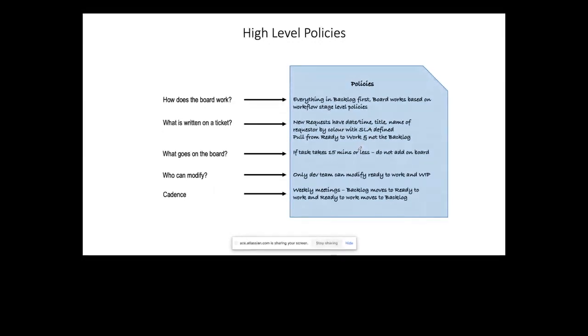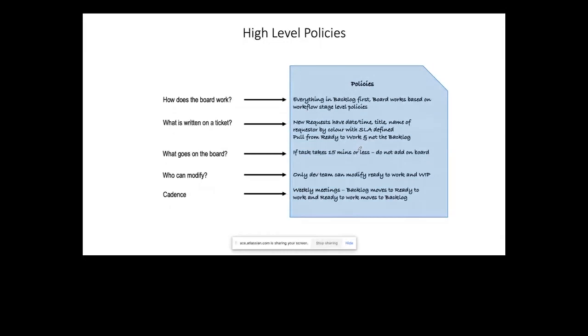If you look at these policies, these are very general things which are instructing the team on how they need to work. Now, how can we add these general policies? Can we add general policies on Jira?